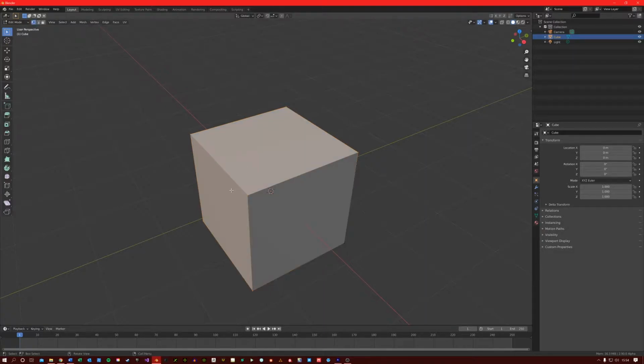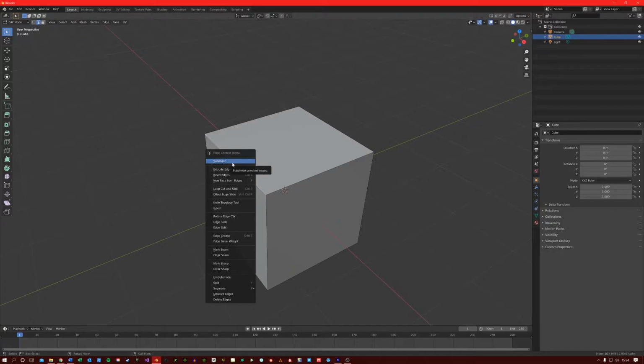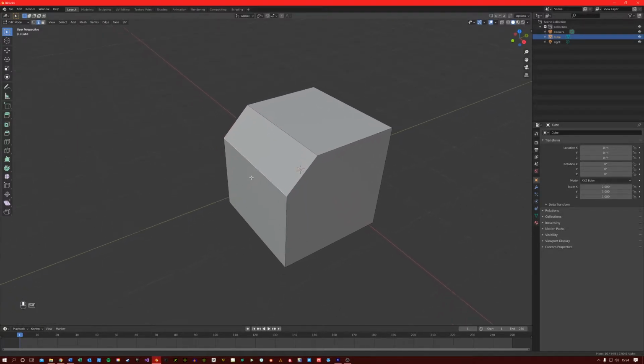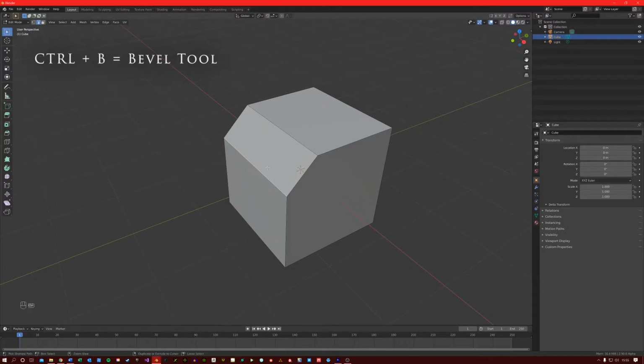I'm going to make sure I'm in edit mode, and then in edge select mode. Let's select this edge. Right click to bring up the menu, and you'll see this option here called Bevel Edges. As you can see, it is now beveling. Left click to confirm the action. But of course, we also want to learn the hotkey. If you look here, Control and B is the hotkey for bevel edges. So if we do Control and B,